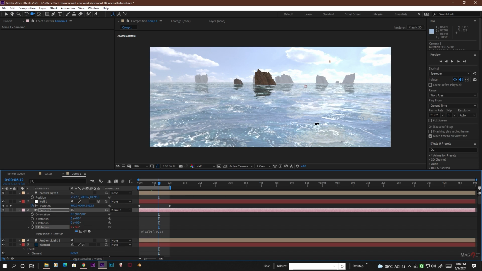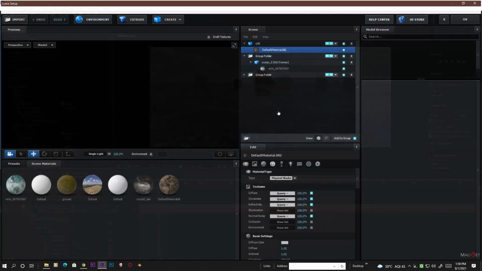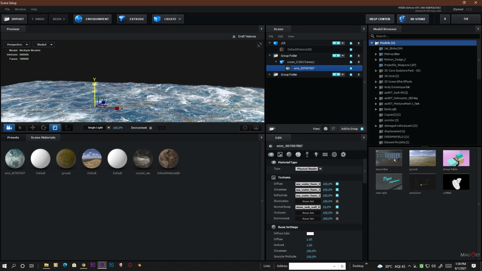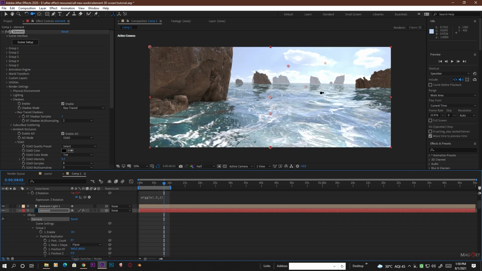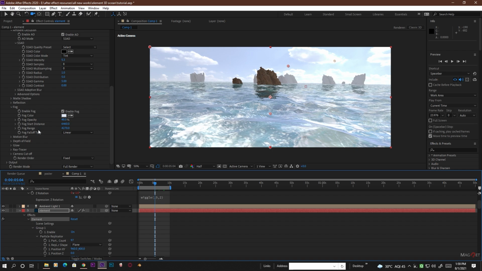And the tide looks very subtle here, so if you want you can go to the element layer and go to the scene setup, and maybe you can turn the tide a little bit higher just like this, and now hit OK. We'll get a little bit more tide here. Okay, so this looks something like this for now, and then you can do some color correction here. This all depends on you, and without the color correction it also looks amazing, but yes, we also need some color correction. And you can see the fog looks a little high, so you can decrease the fog also,